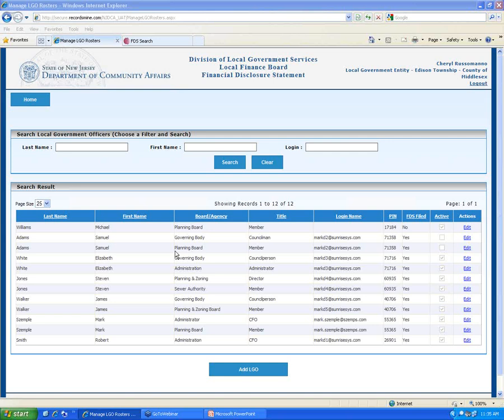And when you start putting those people on your roster, you're making people that aren't local government officers fill out a form that does have personal information on it. That wasn't the trade-off when they accepted public employment. Local government officers, on the other hand, accept as a trade-off of being an LGO the requirement that they file these. It's that simple. If they don't want to file one of these, the solution is resign and no longer be a local government officer.